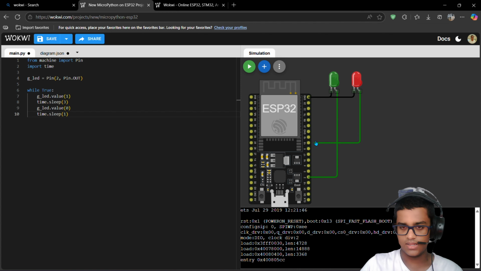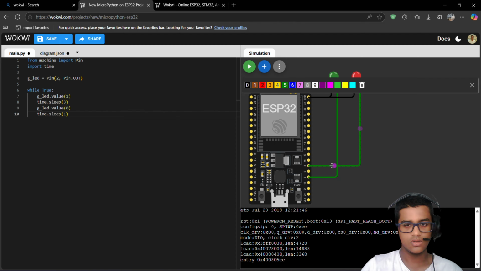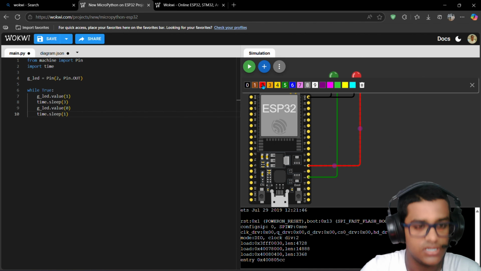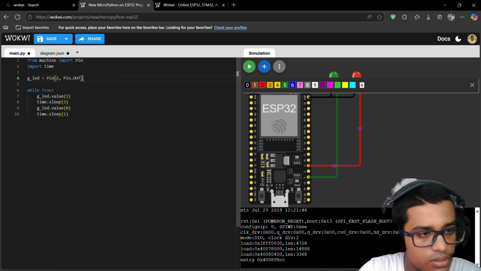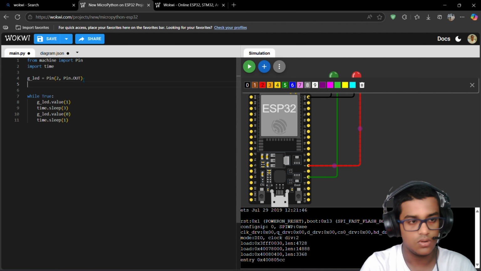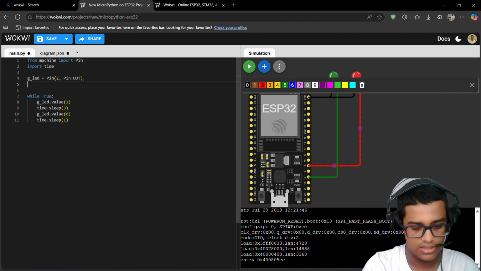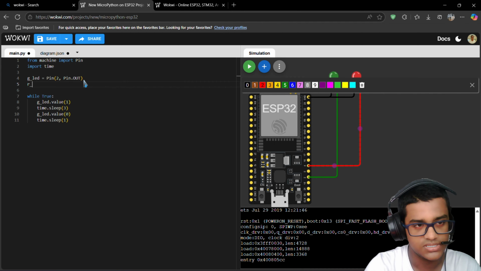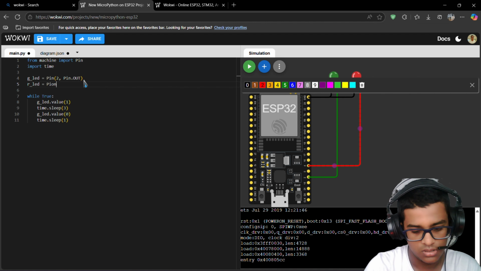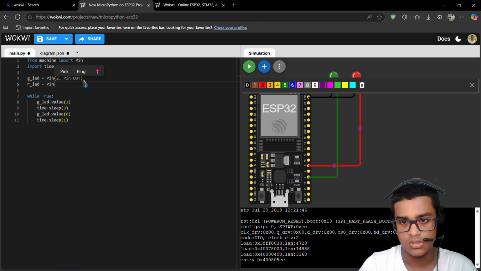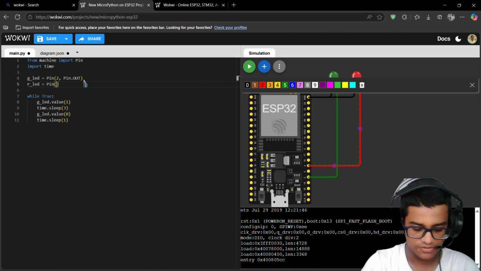I'll connect this red LED to the pin 4, and I'll give a little bit of update to the code. So our LED, I'll name it as R LED pin, and it's pin number 4, and it's also pin out,